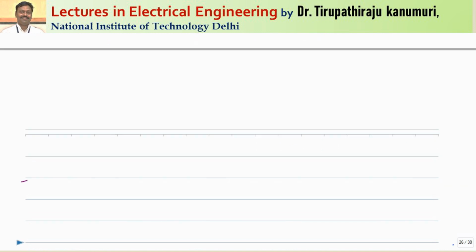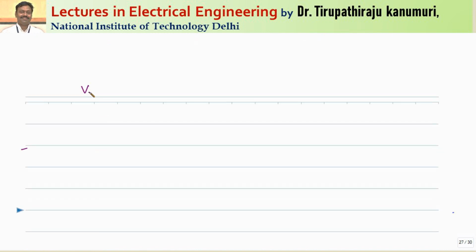So we can write the value of the neutral voltage. The voltage in the neutral will be equal to minus IN into ZN. This is what we got, so this is minus 3 times IA naught into ZN. But practically when you draw the circuit, we assume that the current is IA naught only, not 3 times IA naught. So I can write this as minus IA naught into 3 times ZN.